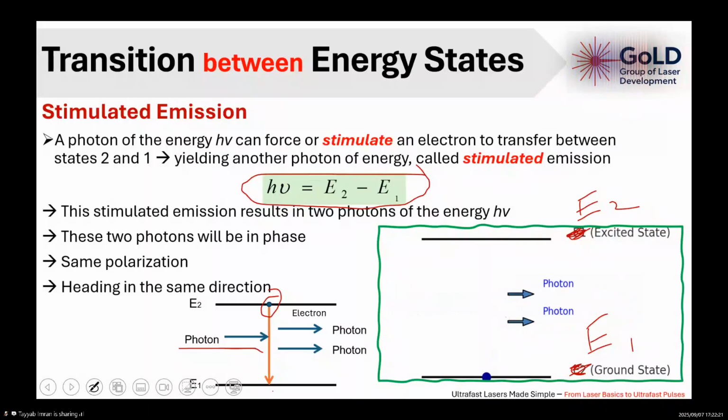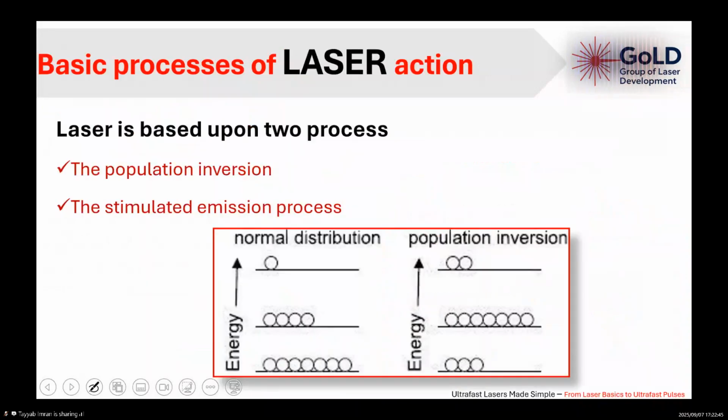So stimulated emission: one photon stimulates the electron to jump to a lower level or state, and other photons are released, and all these photons are in phase with each other and have the same polarization. So this is the stimulated emission in simple words. Okay, so these were about the energy levels. So basic processes